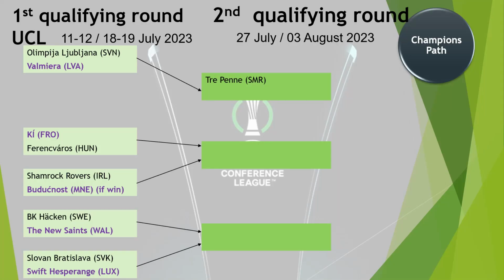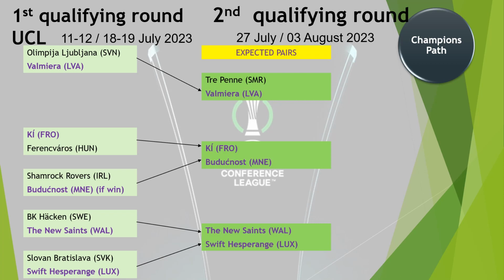So here we have some pictures of the qualifications, 32 places, and let's start from the first qualifying round. On the Champions path, this is the path from the Champions League, and as we know, we already have finished first preliminary matches in the Champions League qualification, and here we will see losers from the preliminary round and from the first Champions League qualifying round.